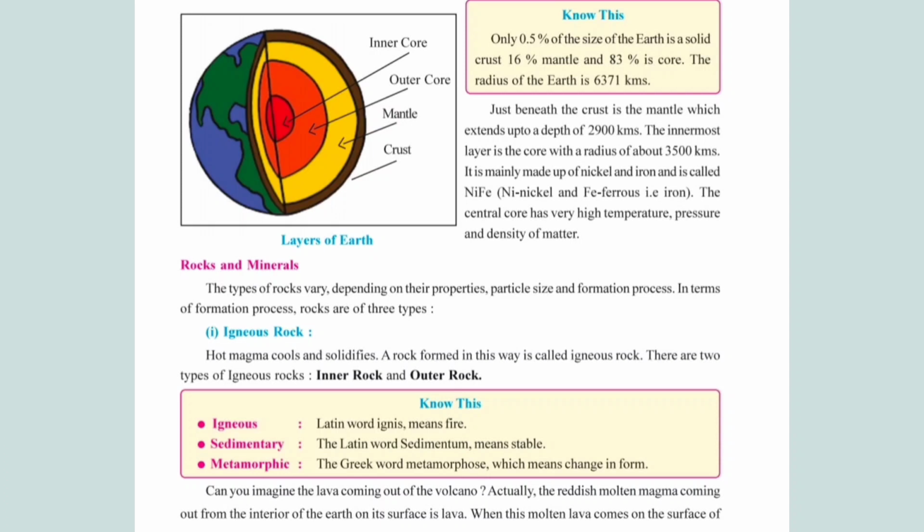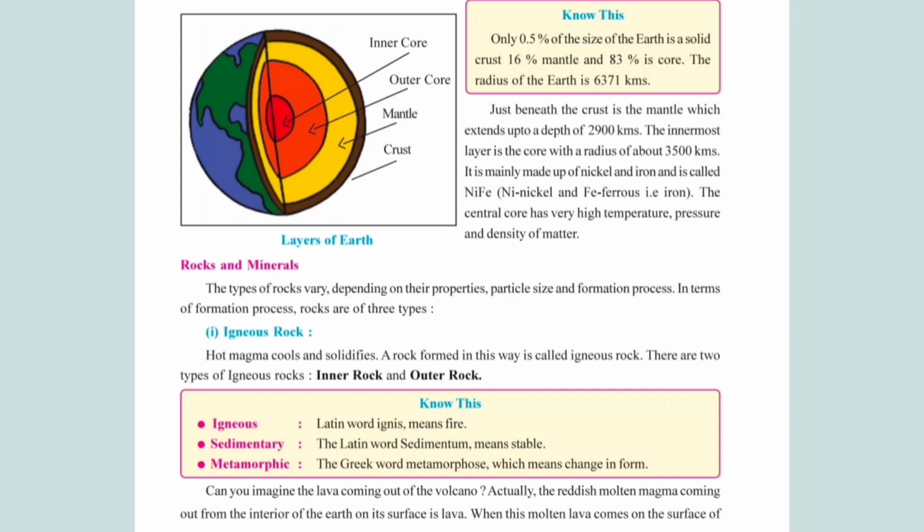Now, rocks are present on the earth's crust, and in simple terms, rocks are natural matter that make up the outer, upper crust of the earth. They can be defined in three categories: the size of the rock, the color of the rock, and the structure of the rock. Based on these categories, we can define three primary types of rocks: the igneous rocks, sedimentary rocks, and metamorphic rocks. We will understand one by one in detail.